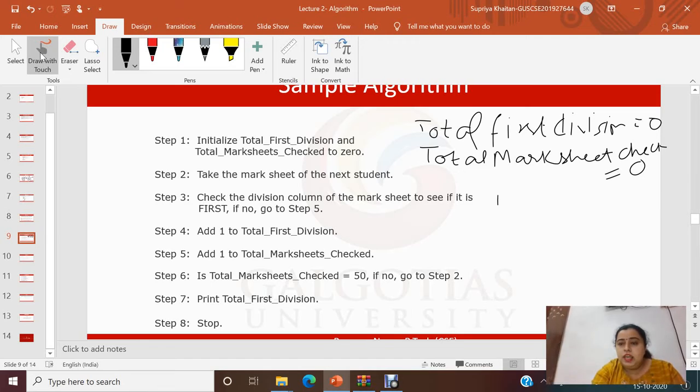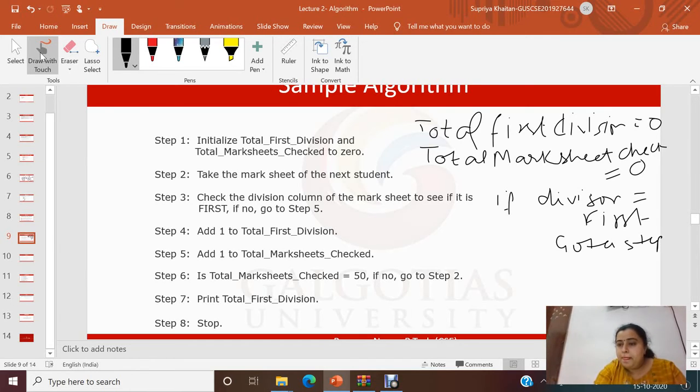So we can write it like this: if division is equal to first, then we'll go to step 5, else. So if division is first, we'll go to step 5.